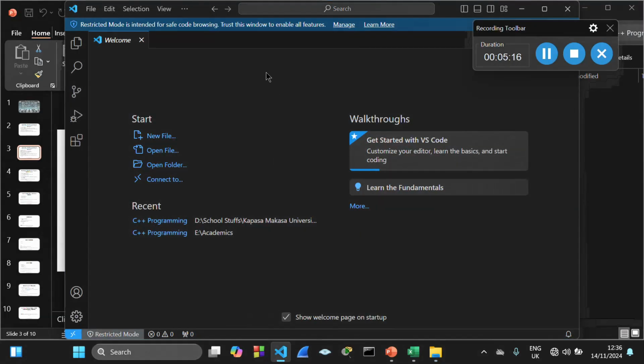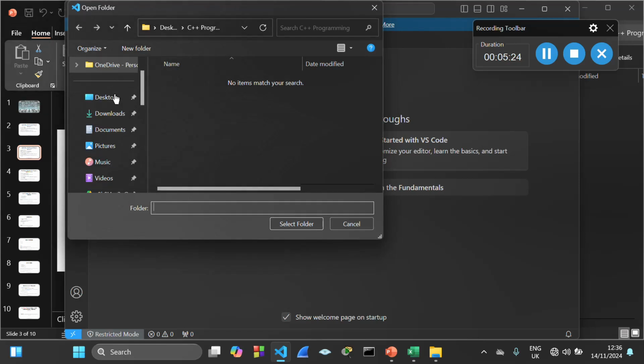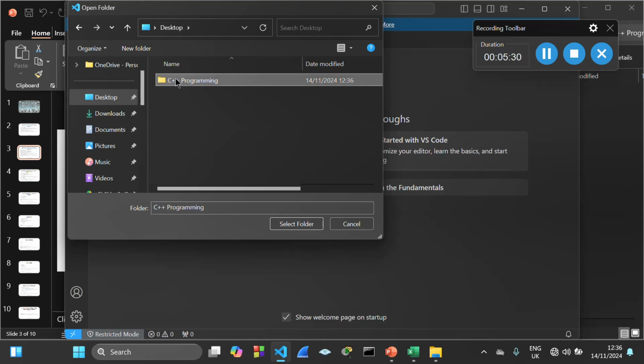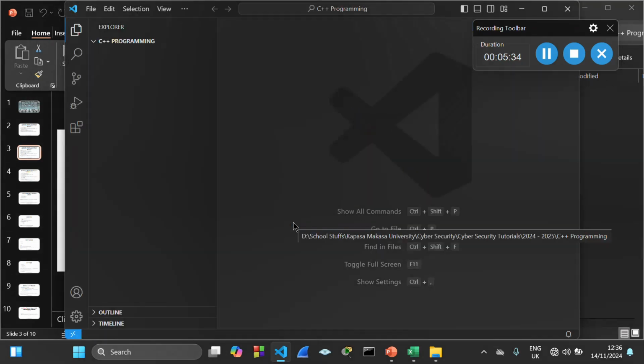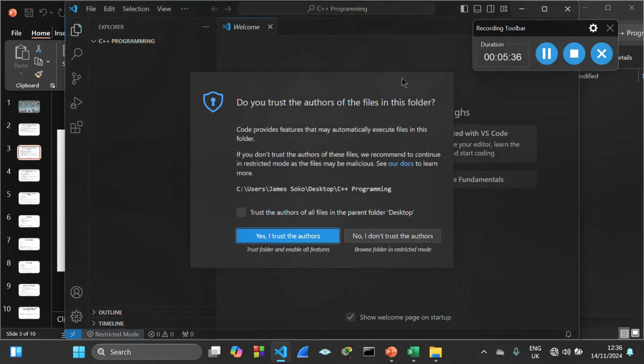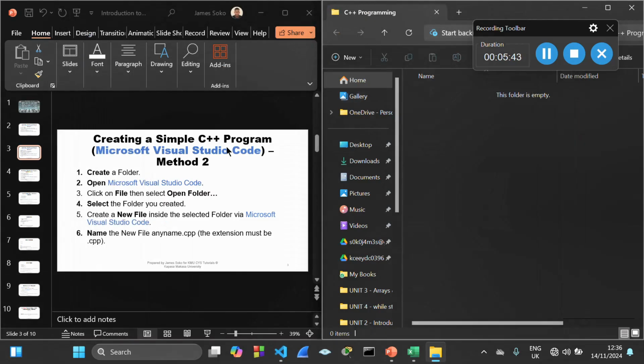So if you are in Microsoft Visual Studio Code, just click on file, then you say open folder. Then after you open the folder, you select the folder you want, which is on the desktop based on the folder you're using. Once you select the folder, you follow up with the instructions which are coming up next. In our case, for this one, just say yes. Now the instructions are saying,